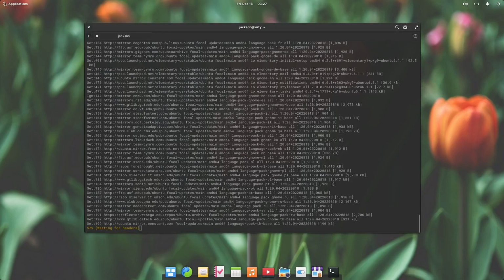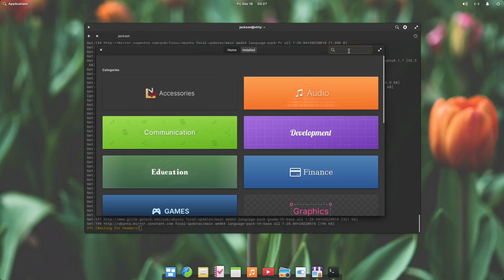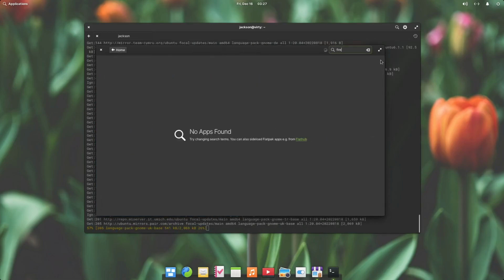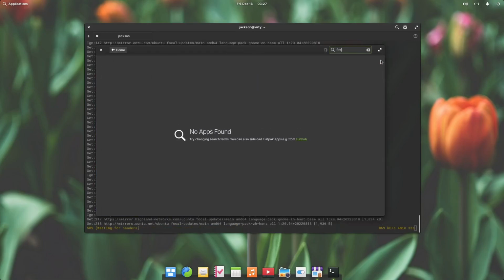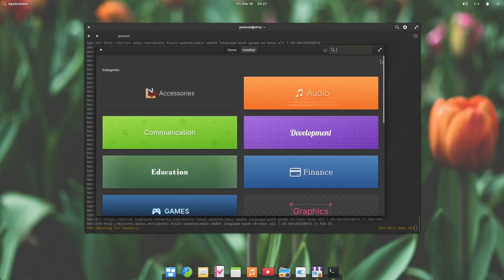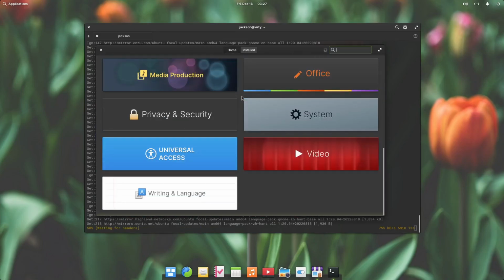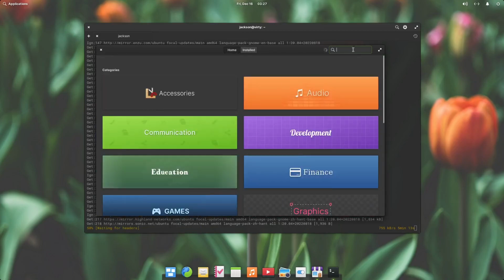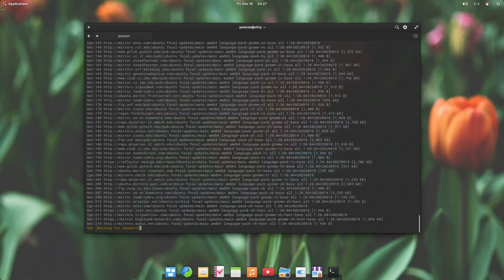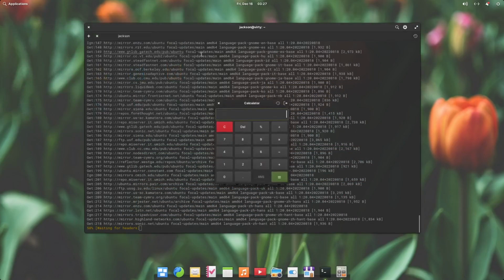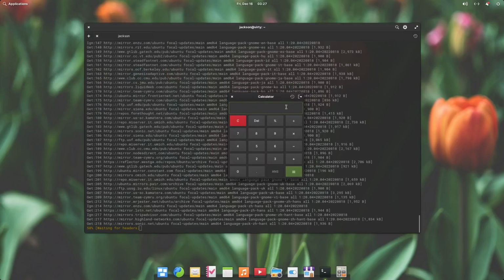But the applications on here, you've got the App Center, which is pretty self-explanatory. So another thing is I found you have to enter a command to enable FlatHub. Flatpak is on here, but for some reason it can't read from FlatHub, which I don't know why that is. But yeah.